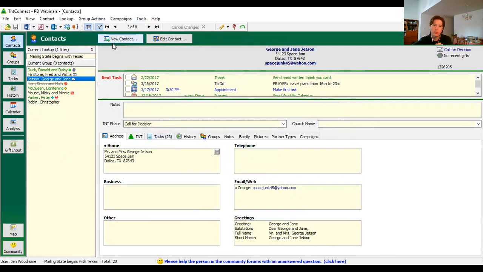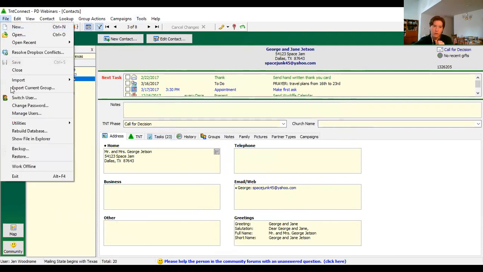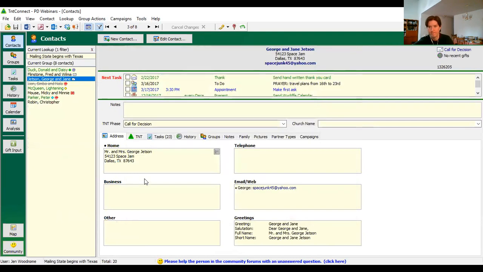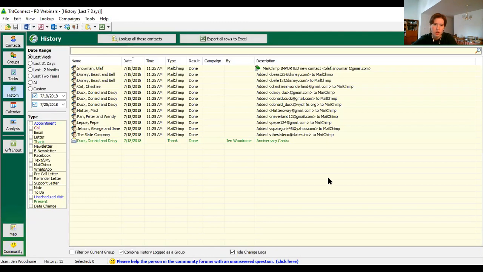If you realize that you made a mistake, you would go to File, Restore. Okay, so you'll see here it says this is the version before group field change. So it automatically created it, I didn't have to do it. But if I restore from there, it would flip everybody back to Texas. Okay. So it's a fancy undo, I guess. You can also actually do multiple changes of history items. We went over history last week, and so that was in TNT Intermediate. If you haven't seen that webinar,